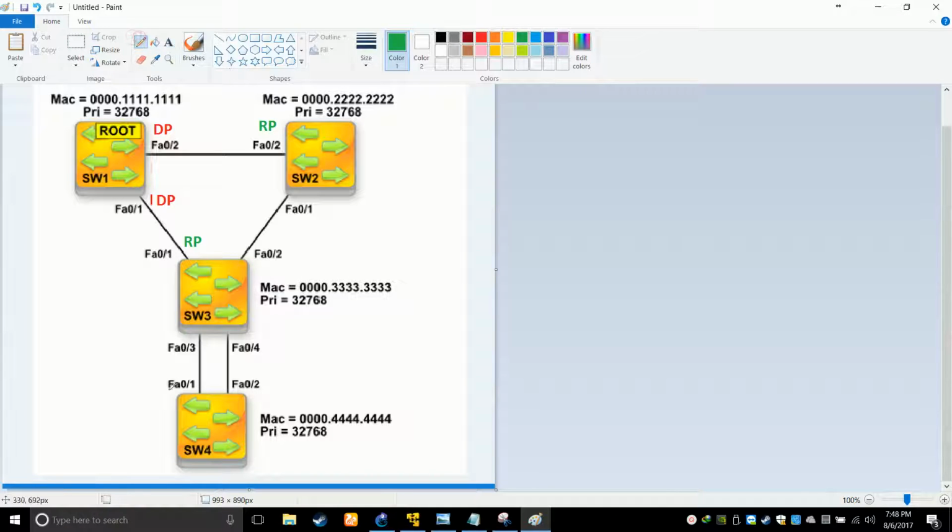So what is the cost from this link, this port? Let's see, 19 plus 19, right? The cost is 38. What is the cost from this link? 19, and then here we will choose only this path, right? You cannot say, I want to go like this. No, it doesn't make any sense, because whenever you want to go, you'll send here, and this switch already has a root port, so you will use that only. Because obviously the root port will give you the best cost from this switch. So from here, if you do the math, 19 plus 19, again 38. So you cannot decide on the basis of cost.